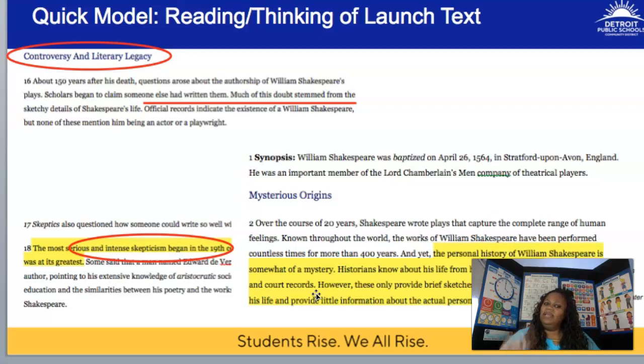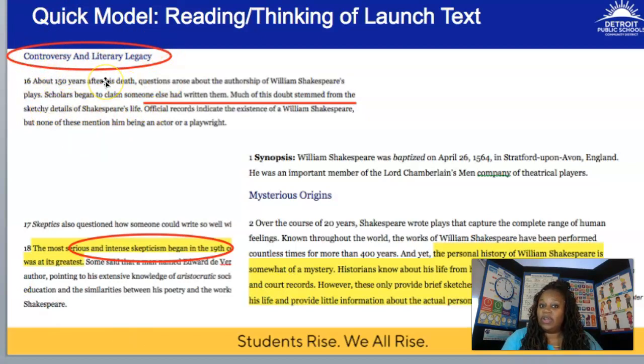Now, let's quickly model what we should be reading and thinking about for today's text. I would like for you to start by going back to the section we looked at yesterday, Mysterious Origins. When you go to that section, it references how Shakespeare's personal history is pretty sketchy. In other words, there's not a lot of information about his life. As we know, they were able to gather that information through public records. I would like you to compare that information to this section of our text: